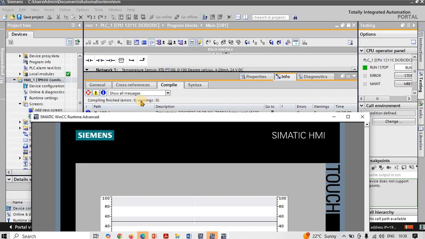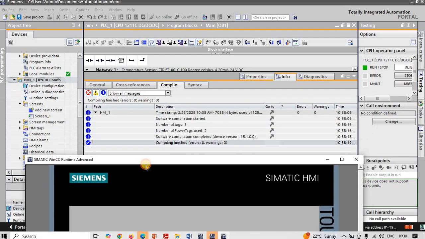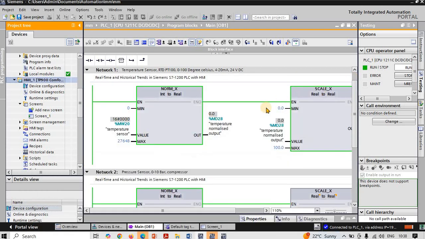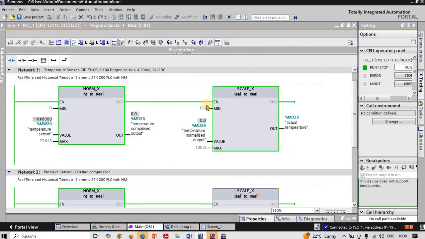You must be careful about that. If there are errors, then go back and check what the errors are. So if you are getting errors here, just click on that error and you can go directly to the error and resolve it. You can solve whatever the error is, right? Okay, so for now